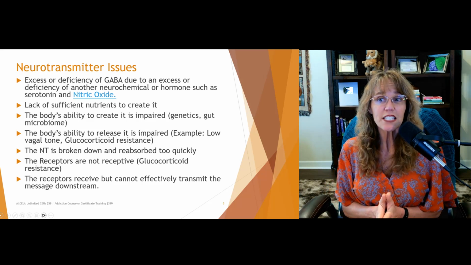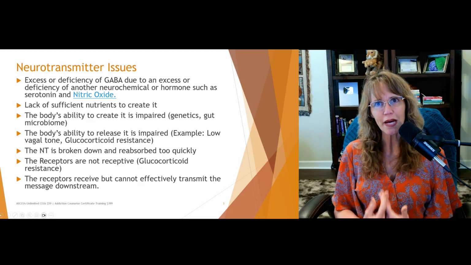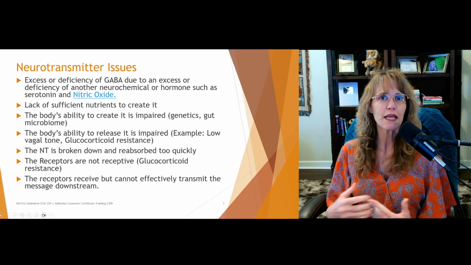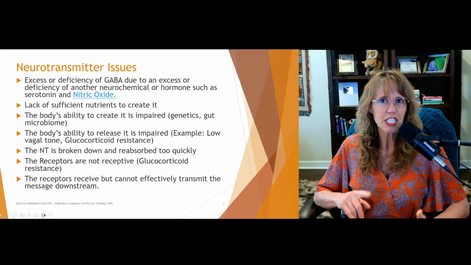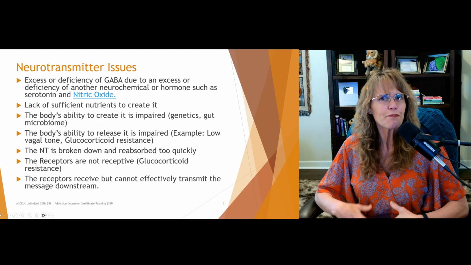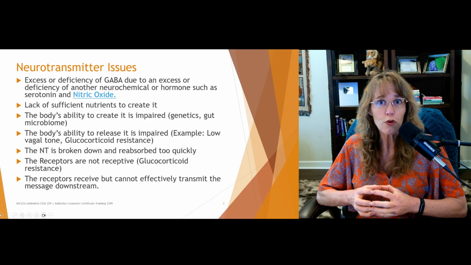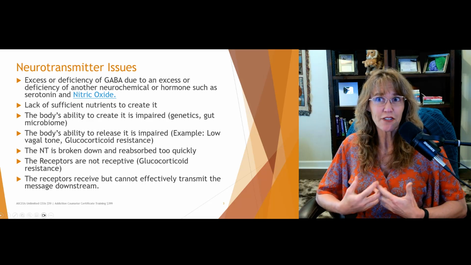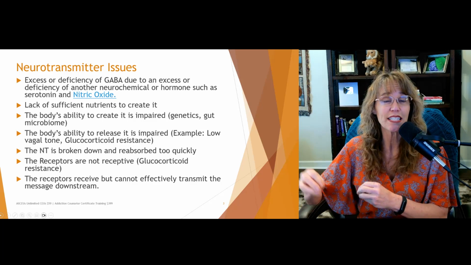You can also lack the sufficient nutrients to create it. If you are not eating a healthy diet, if you're not giving your body the building blocks it needs to make the neurotransmitters, then you're not going to be able to create them. Likewise, if you have a lot of gut inflammation because of celiac disease or gluten intolerance or something else, stress even, then your body may not be able to absorb the nutrients you eat. You could be eating a perfectly healthy diet, but because you're stressed out, it just goes through the system too fast. Your body's not going to wait and take time to rest and digest.